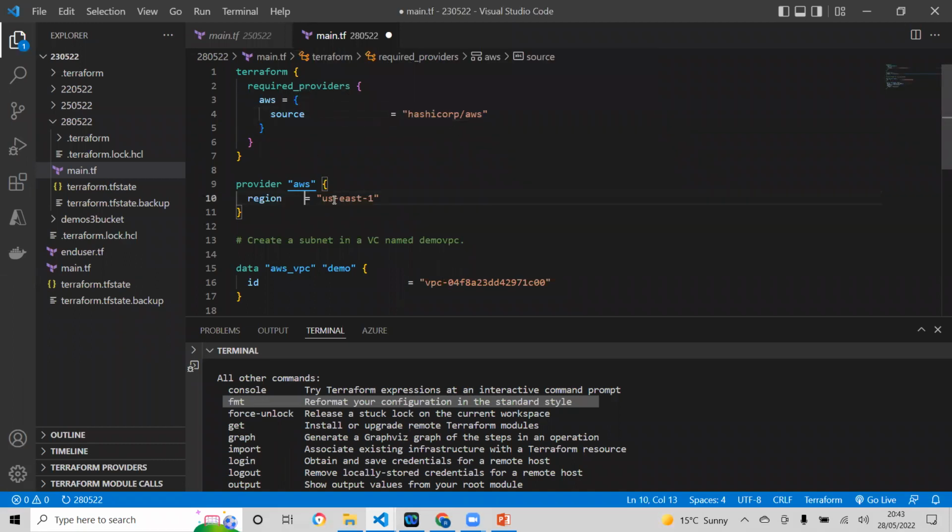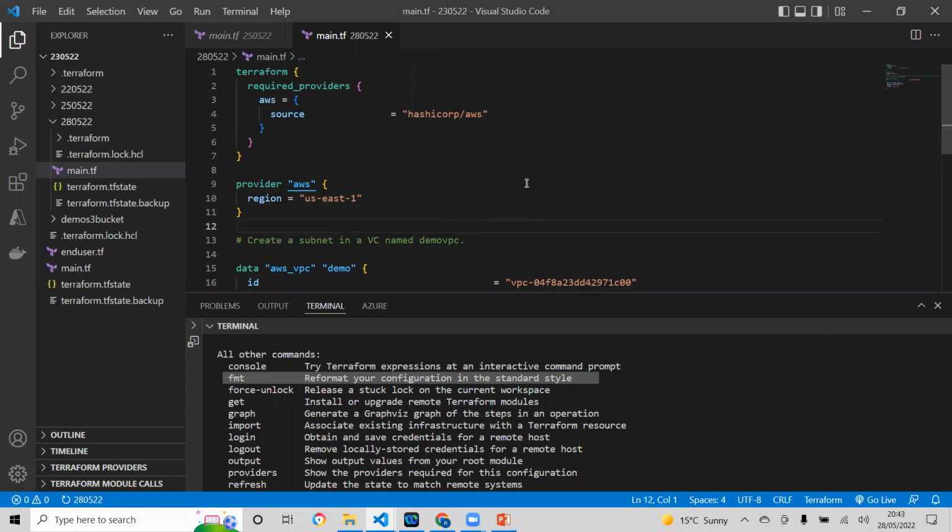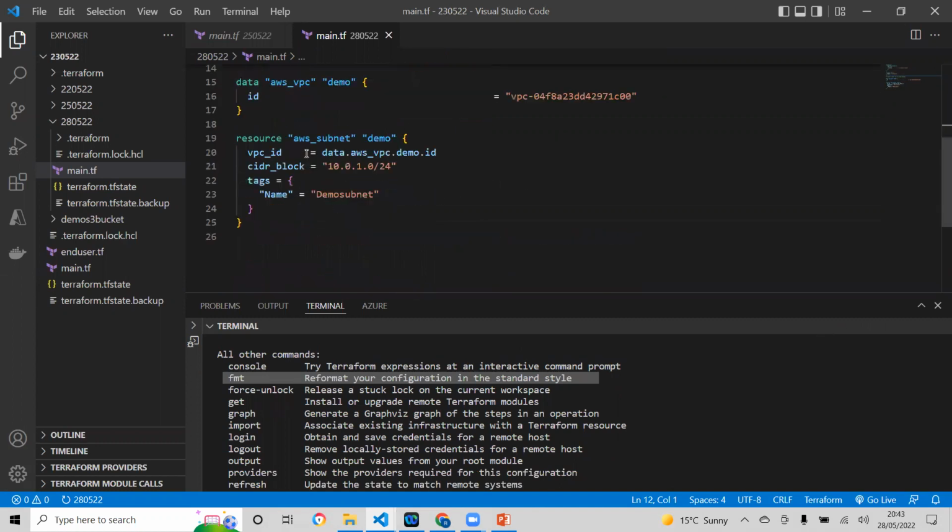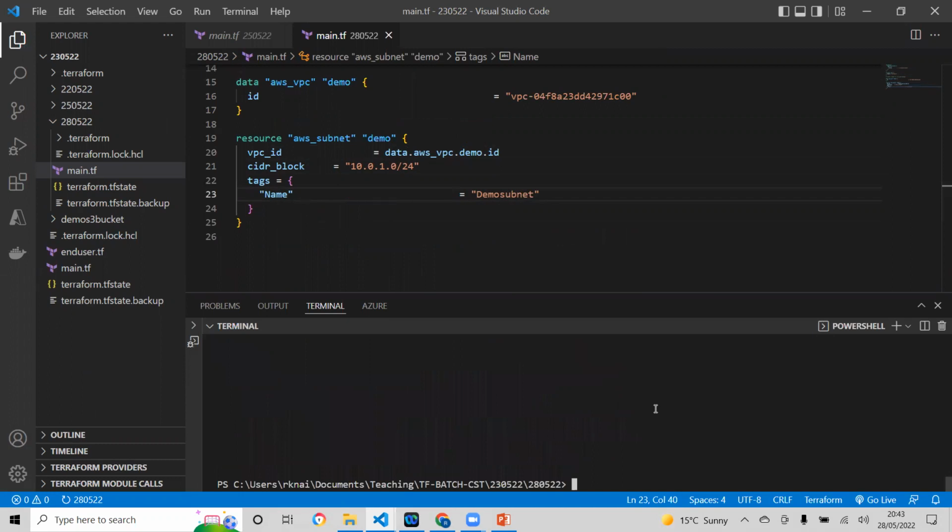There is no syntax error or anything like that. It's only that the looks are not in a readable format, but from Terraform's point of view, it's all fine. It won't matter for it. Now we do Terraform